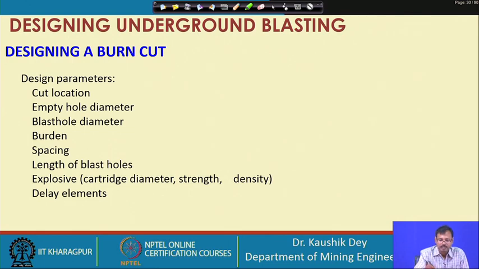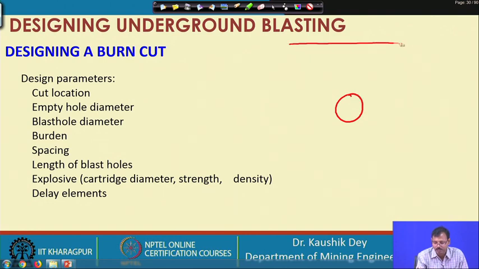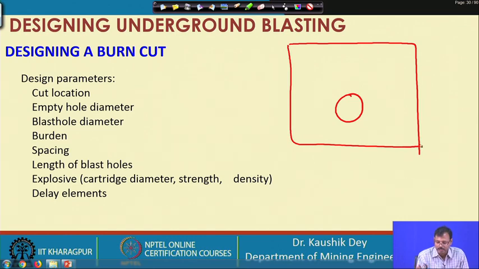Say this is the total cut area, this is the first loaded blast hole, and this is the empty hole. The loaded blast hole is placed very close to the empty hole, and this empty hole acts as the free face to the loaded blast hole.